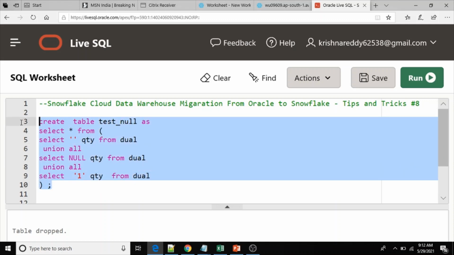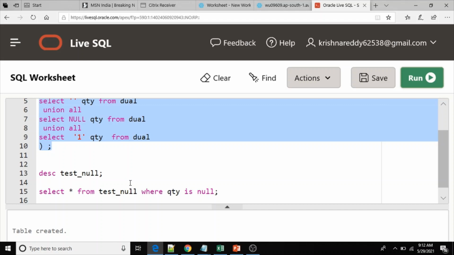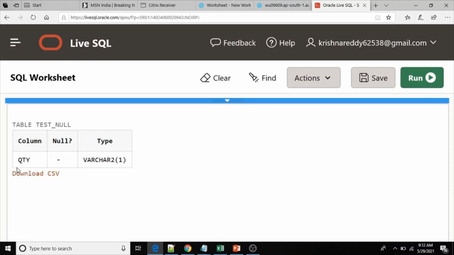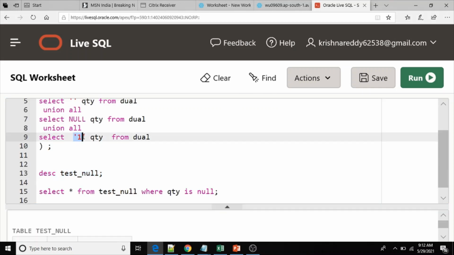Let me create this table, and now let me describe the table so that we can see its structure. The QTY column is VARCHAR2(1), because we have used a single quote. That's why the table structure was created with VARCHAR.